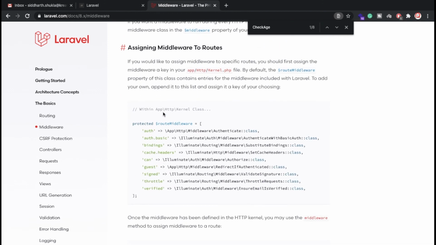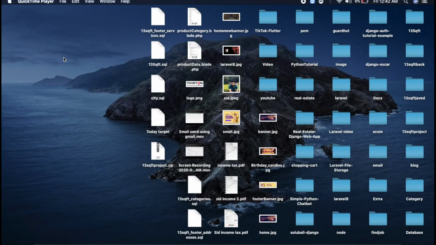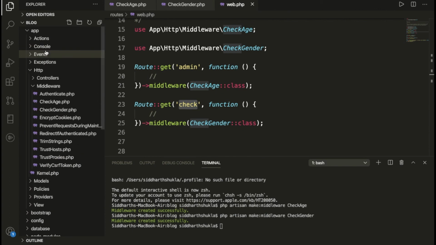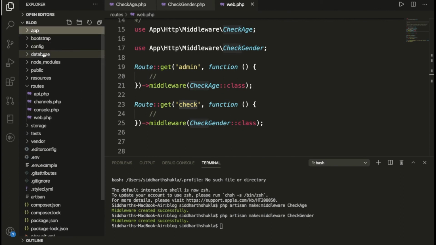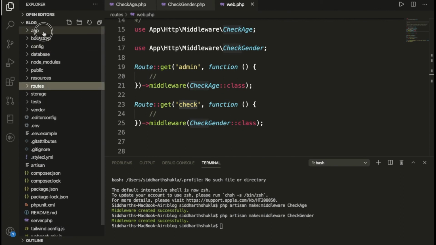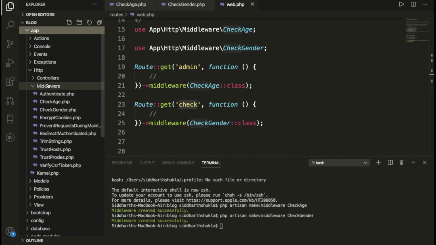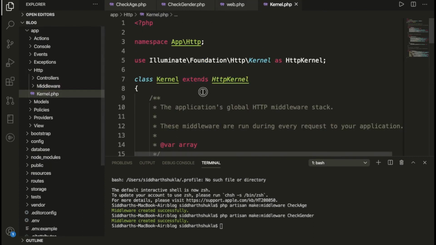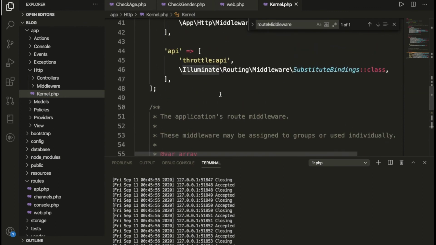If you want to assign middleware to routes, you can also put it inside the app HTTP Kernel. You need to pass the path here, so you can assign it here. Let me show you. Inside of the Kernel you can put it here.